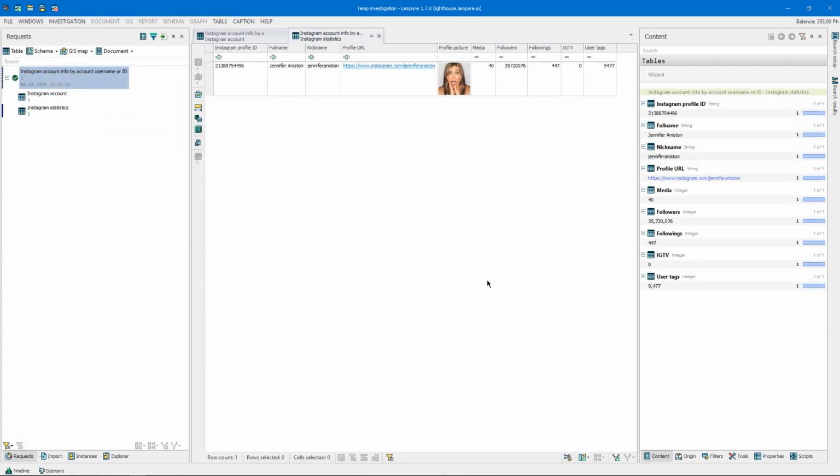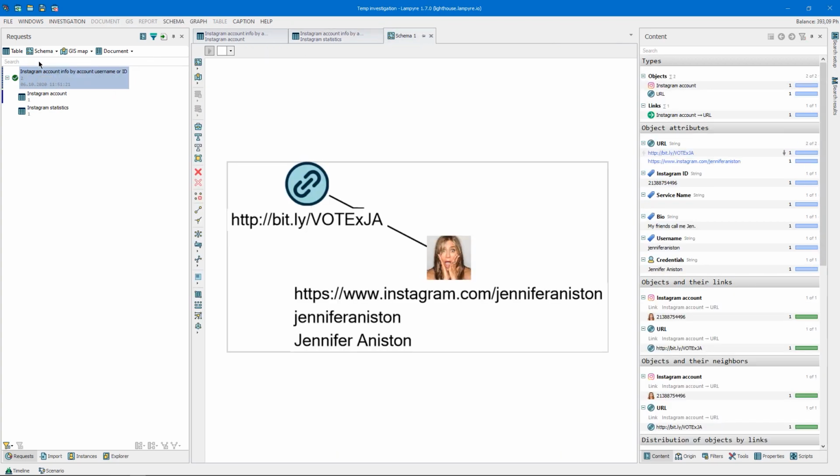Now back to Jen. Instagram account info also got us the number of Jen's posts at the time of our request, her followers and the accounts she follows, her IGTV posts, and the users who tagged her account in their posts. If you want to visualize this in a graph, it'll look like this. By the way, you can change the color of your links so that on a bigger graph it looks nicer. Actually, you can change the appearance of your graph a lot. Let us know in the comments to this video if you want us to talk about this in a new tutorial.